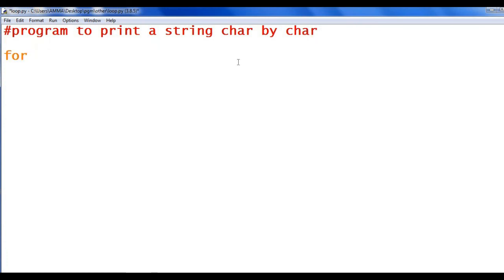For, I am going to give the loop variable as ch. Here it is a character. So just give ch. It is just an identifier, a variable. For ch in, then a string. You can directly give a string here like this, computer, or you can store your string in a variable and you can give that variable here instead of this string. For ch in computer, then print ch. Then this variable ch contains the characters of this string one by one in each iteration. See what is the output?